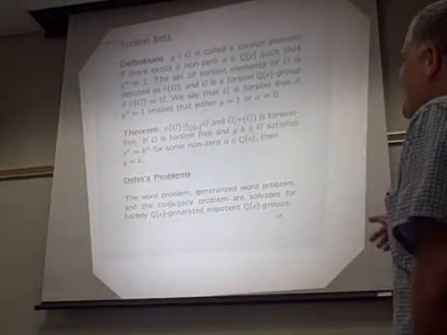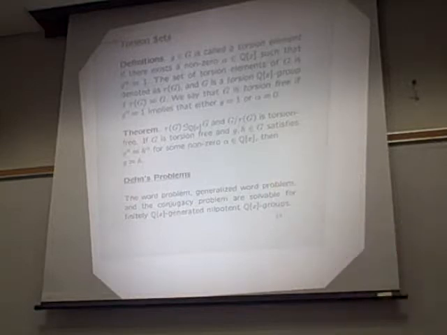Okay, good. So, coming back, it turns out that if you have a finitely generated nilpotent group, you have a solvable word problem, generalized word problem, and conjugacy problem. Generalized word problem, remember, means that there's an algorithm which decides whether or not a given element is in a subgroup of the group if you have a presentation for that subgroup. As I kind of mentioned earlier, the conjugacy problem, as well as the other two, were solved by Kargapolov and others